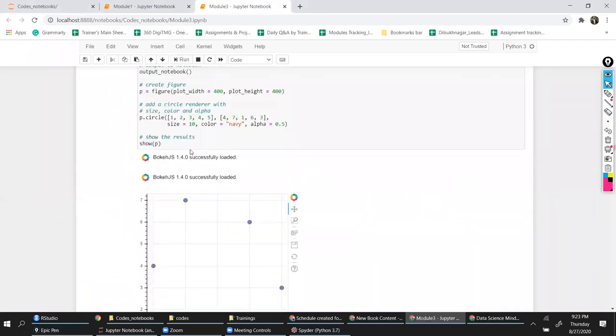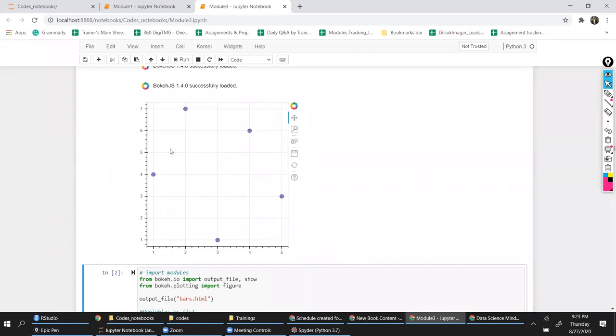I'll run this code and you can see this is going to generate these circles on the data coordinates 1, 4, 2, 7, right? So it's going to generate that scatter plot here. It's a nice visualization that you're going to see. You can also save this visualization, right? You can pan out